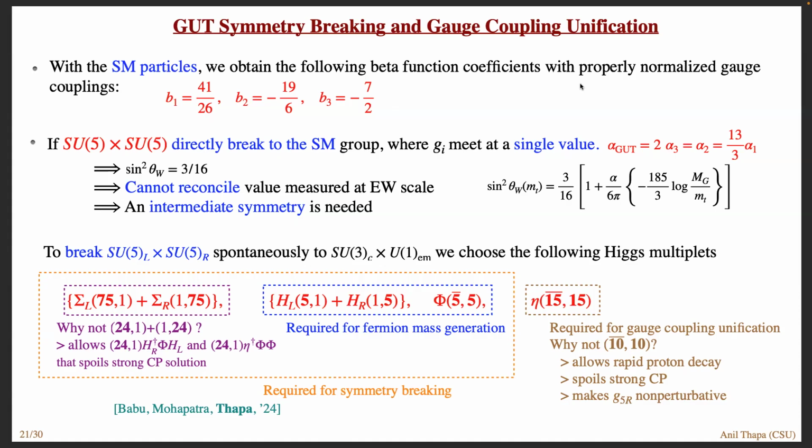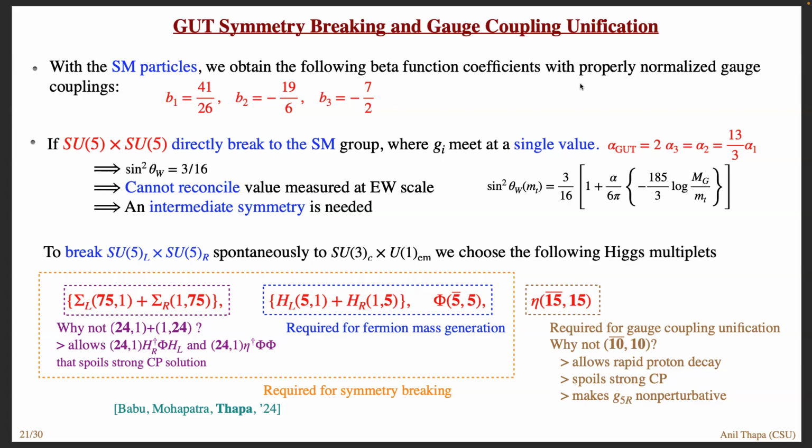Then you need H_L and H_R. Of course, if you have H_L, you need to have H_R because of parity. And then phi is the bifundamental of SU(5), required for fermion mass generation. These three, 75, 5-bar, 1-5-bar, and 5-bar, are required for the symmetry breaking. You have to break SU(5) plus SU(5) at an intermediate scale, and then from the intermediate scale you break to the standard model. Also it turns out that you require this 15-bar, 15